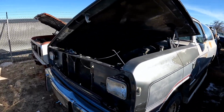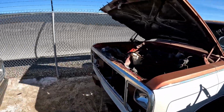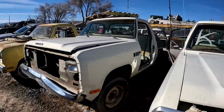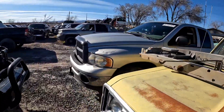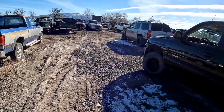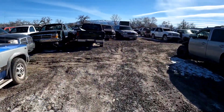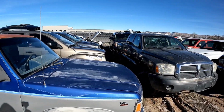Probably mentioned my sister had a 79 Plymouth Trail Duster. She sold to a guy, and I think she wished she hadn't, because I don't think he did anything with it like he promised. I'll go check out the Dakotas, even though Dodges are not my thing, but